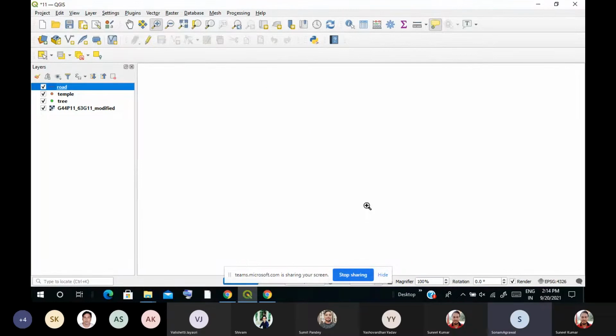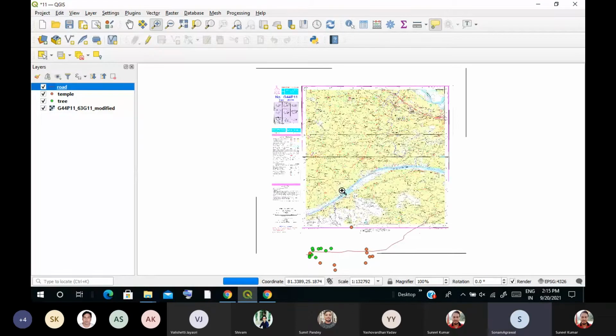चलो इसको, जरा स्टॉप शेयरिंग कीजिए। चलिए अपना शीट दिखाइए। उसके टॉप लेफ्ट कॉर्नर पे जूम इन करिए, उसका कोऑर्डिनेट दिखाइए।